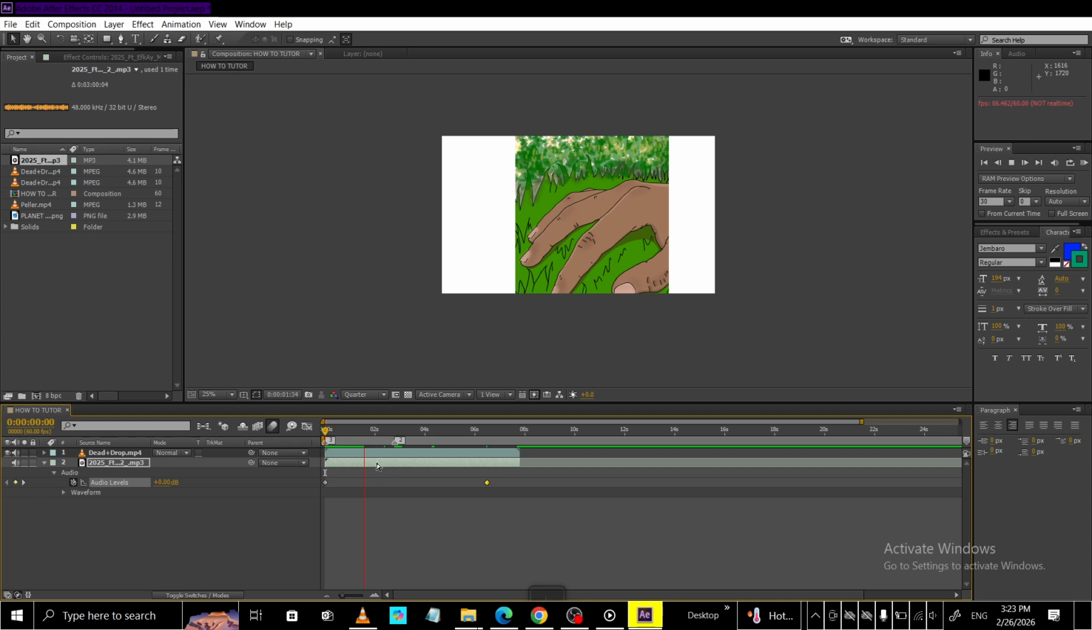That's all you need to create a clean audio fade out. Select your audio layer, set a starting keyframe at 0 dB, move forward, lower the